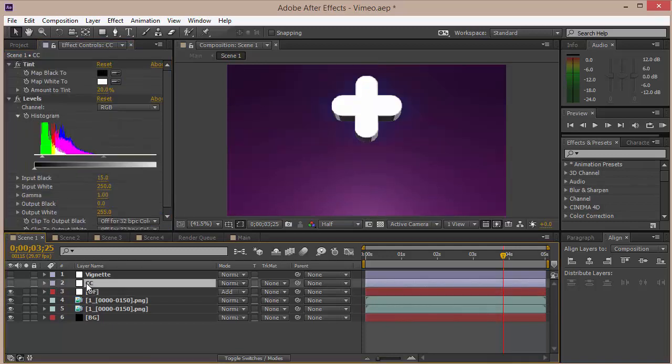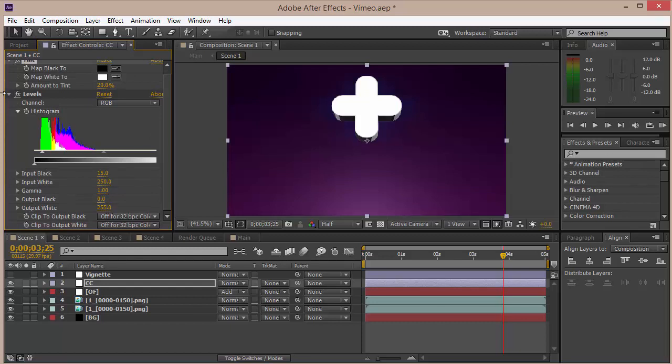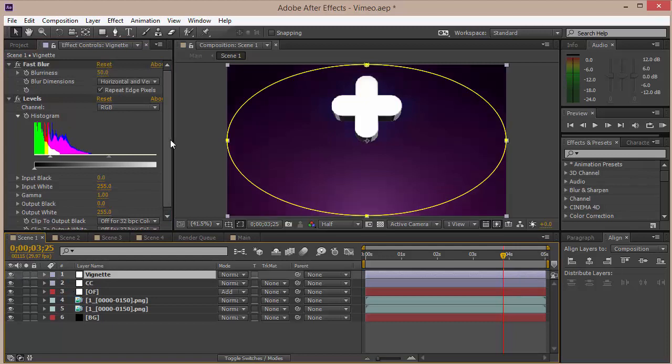It looks very good. And then we want to add a new adjustment layer with color correction to give it a little bit of contrast. So I added a tint with a tint amount of 20. I did not use curves. And then levels again with these values. And then the last thing, I added a vignette. So here on the vignette,